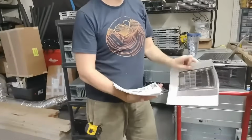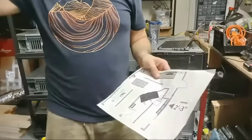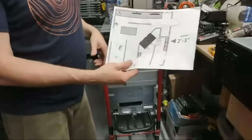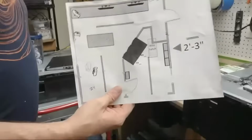My diagrams have proven to be pretty wrong so far today. I had the scale of these guys wrong, and that totally messed up a lot of stuff there. But this guy here will be full of the hard drives. I don't have the elevation of it, but